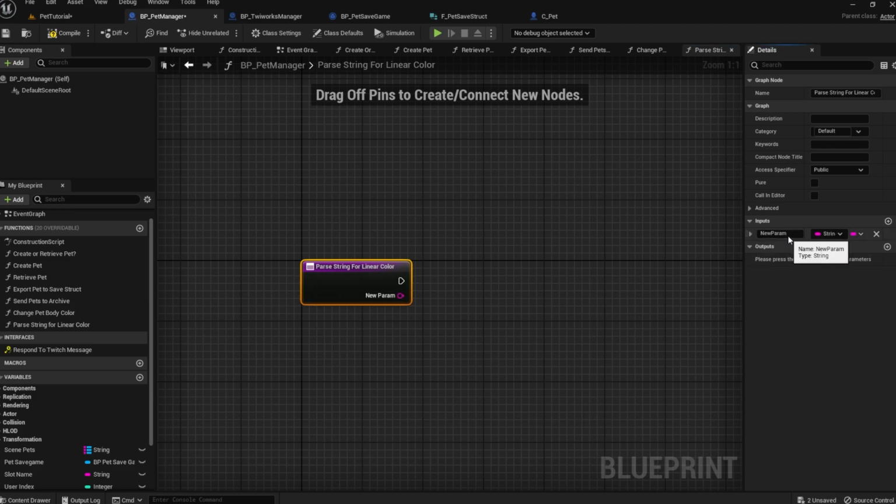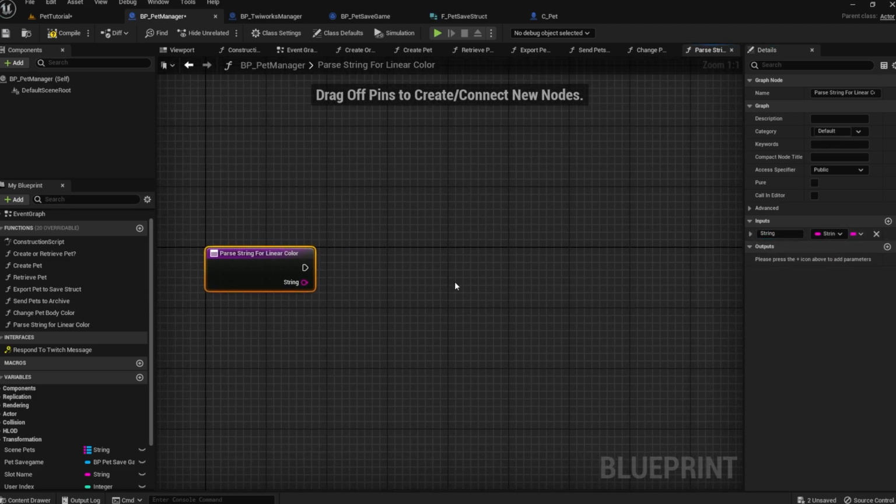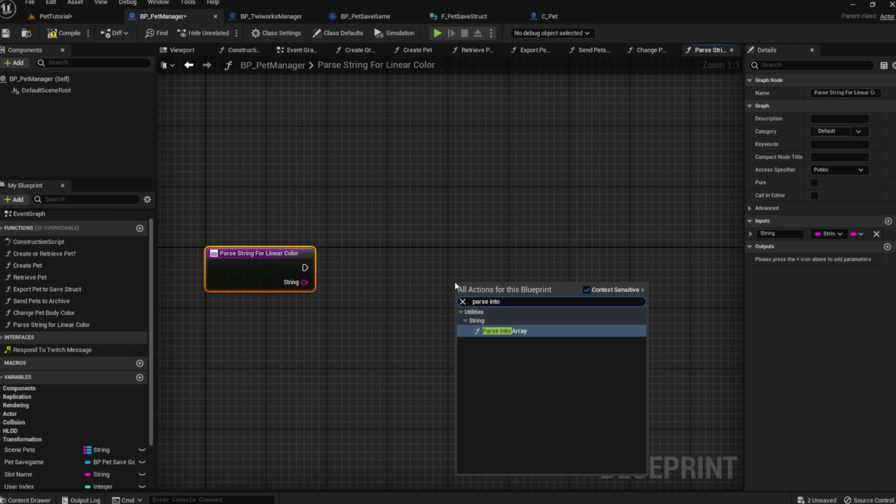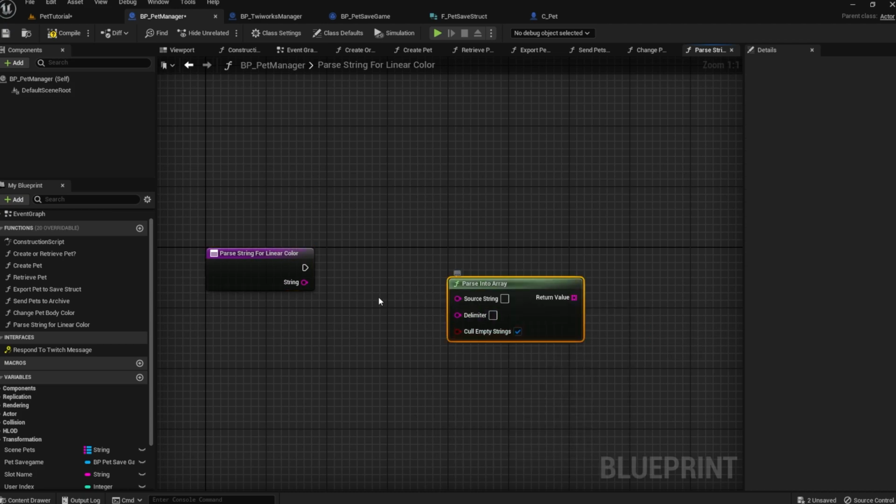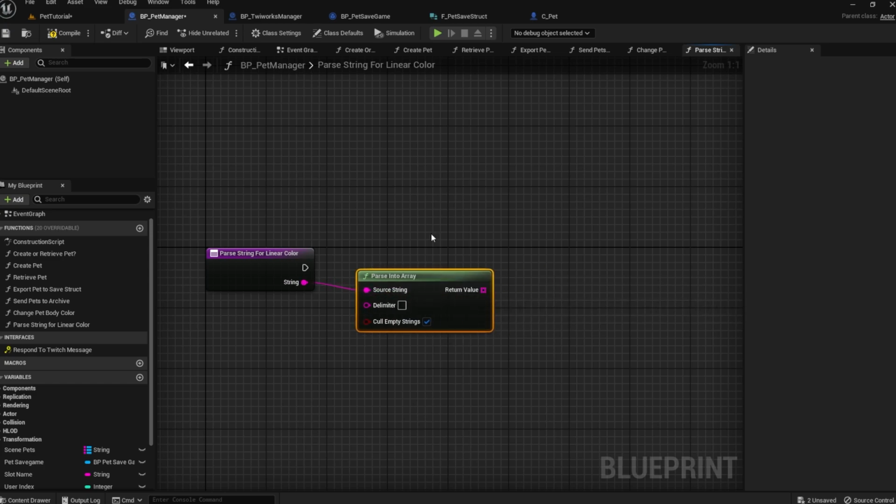So give it an input type of a string, search for a parseIntoArray node, and plug the string input into the source string pin. And you won't be able to see this on my screen, but make sure you type a space into the delimiter box here. So instead of using an underscore like this, make that a space. This is what Unreal Engine is going to use to separate the numbers when it reads the string.